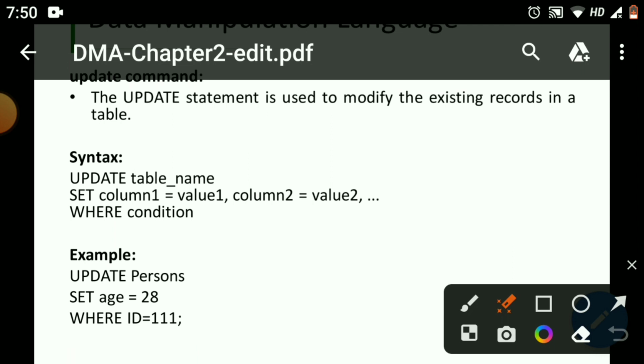What will this do? Persons is a table, age is a column name. This will update the persons table where id is 111. The age will be set to 28.